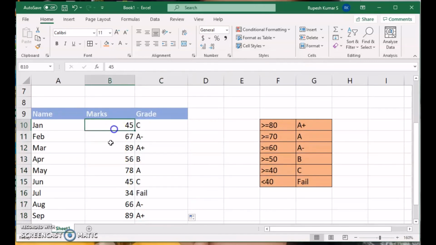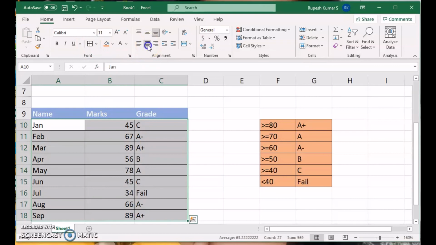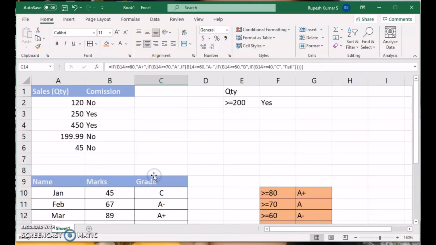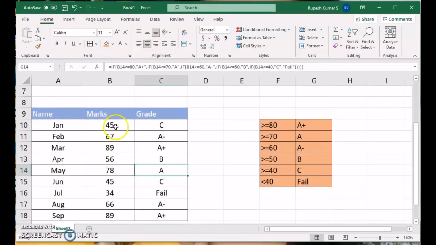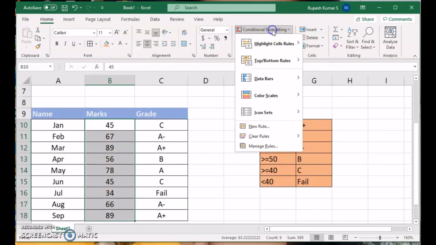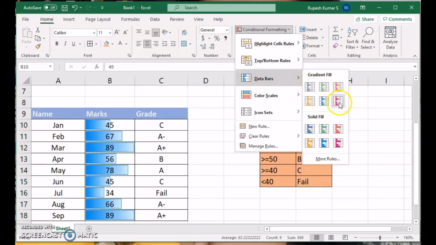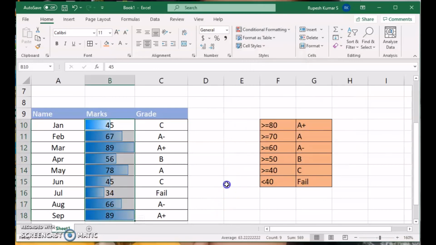So you can see that based on the marks, the grades have been allocated to the students. Fine. Now I would like to represent it visually. So what I'm going to do, I have selected this and gone to conditional formatting, and there are so many different options. I want you to explore later on. I'm going to take one here right now, maybe whatever color you like. So okay, see, the visual representation of the color is happening within these cells also, and then we are done.